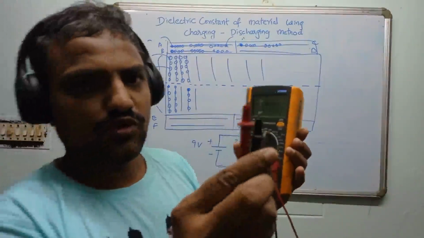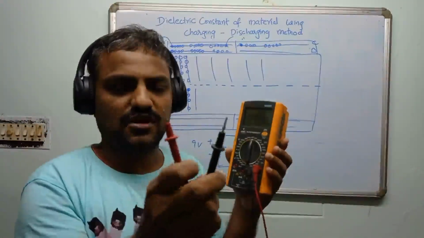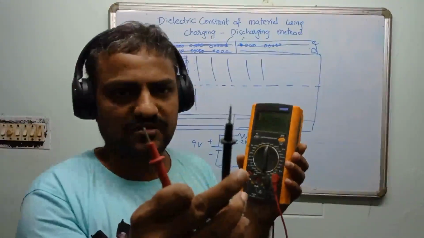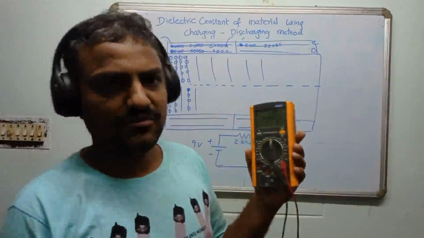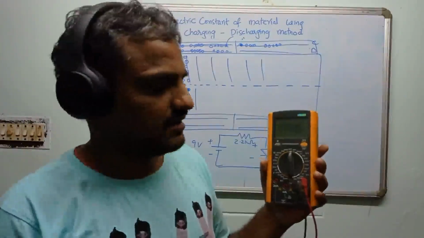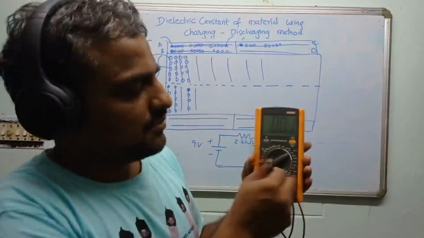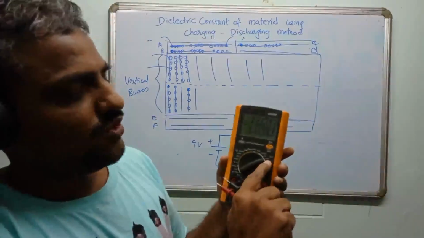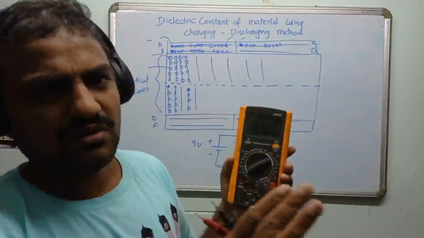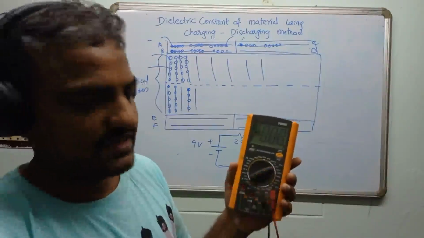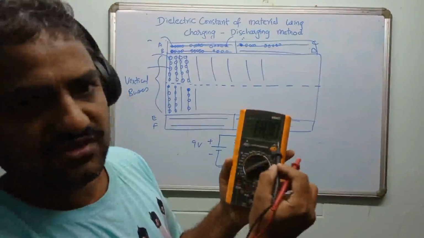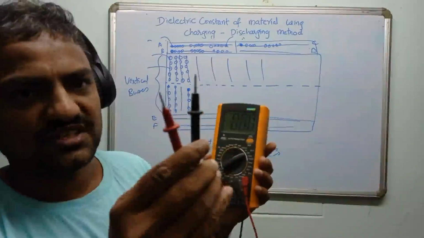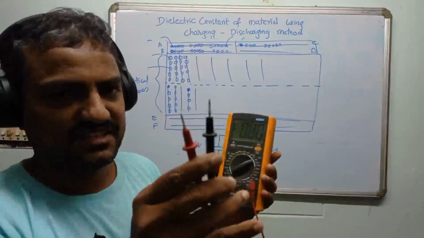So these are the two probes. The red color probe is always positive, black color probe is always negative. Let us say you want to measure DC voltage, because in this lab we are going to use only direct current. So DC voltages are measured by putting the dial this way, and usually the voltage will be up to 20 volts, not more than 20. So keep it in 20 volt range, then you can perform the measurements. The value shown here is 0.00, which means there is no voltage. So the potential difference between the two leads is actually 0.